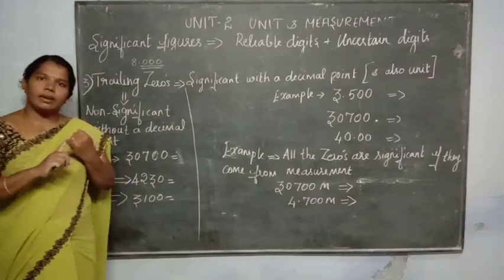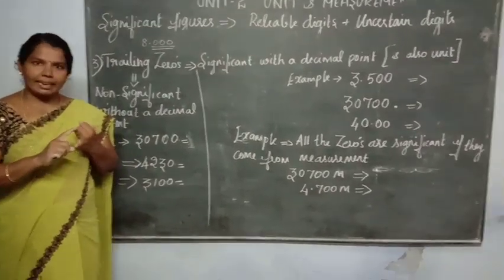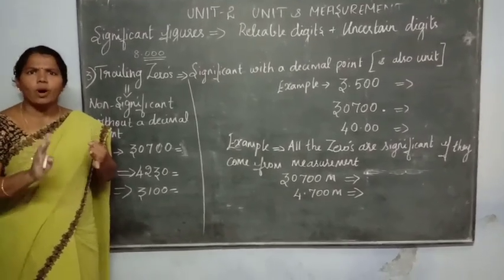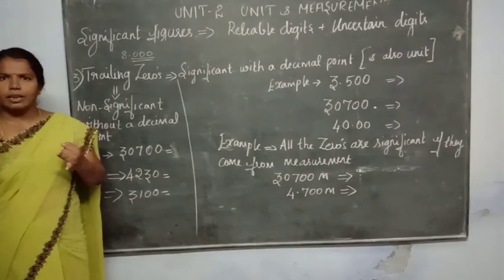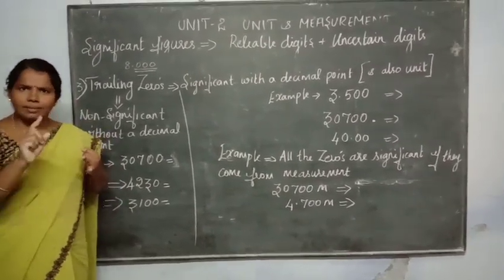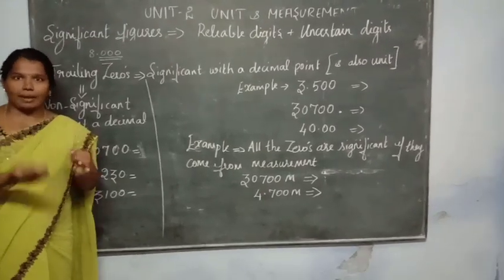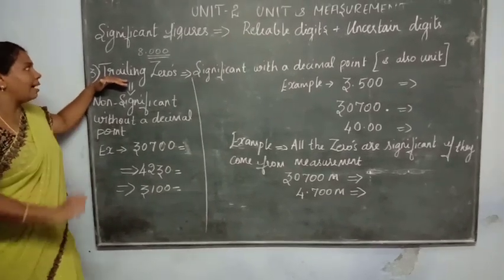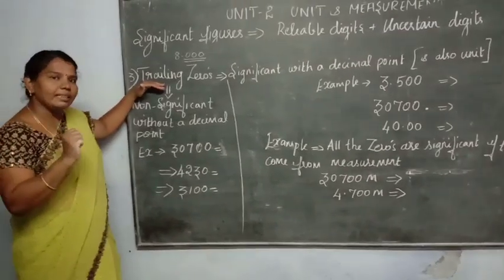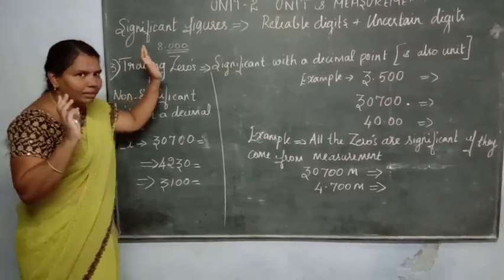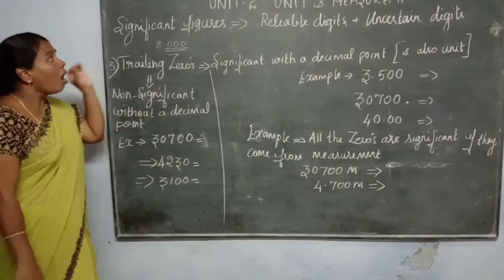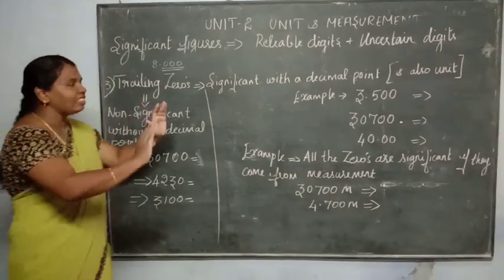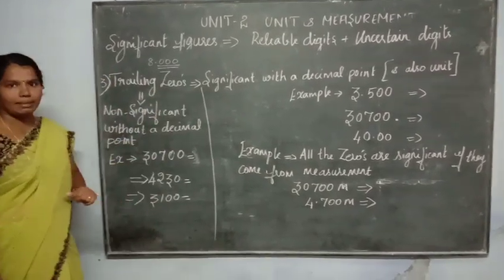The first point you see is that all the non-zero digits are significant. And second, zeros that exist between non-zeros are also significant. Significant means you can just count the digits and say how many digits are in that number. These are the 2 rules we have already seen. Now the third rule emphasizes the trailing zeros. Already I said, what are trailing zeros? The zeros that follow after the decimal or after some digits. Those zeros are called trailing zeros.